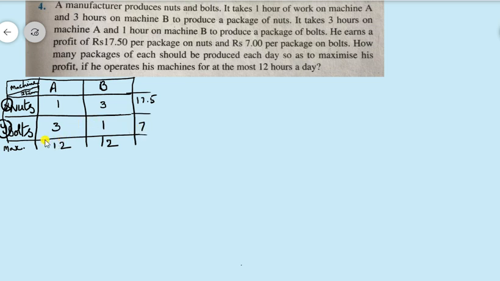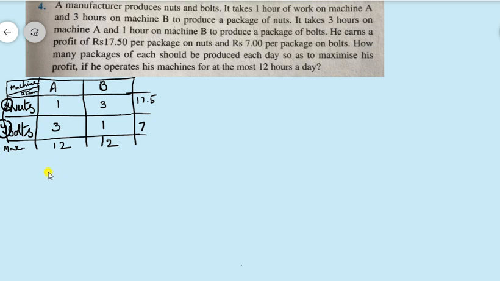And also in the question the information is given that machine A we can use a maximum of 12 hours per day. We can't use more than 12 hours. Machine B we can use a maximum of 12 hours per day. We can't use more than 12 hours. So this is the clarity about the given question, right? Now after getting clarity about the given question, this table is not compulsory. If possible, you can draw the table, otherwise the table is not compulsory. I am just drawing the table to give clarity about the question.